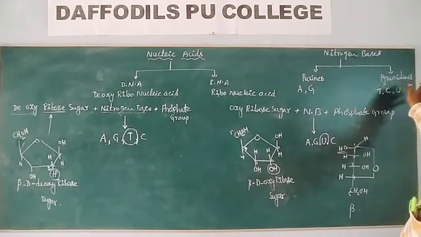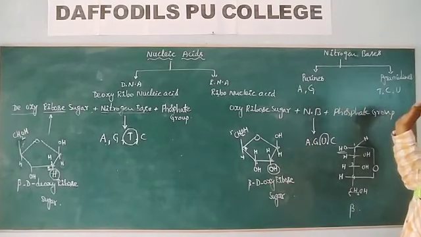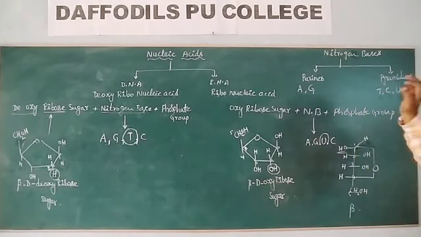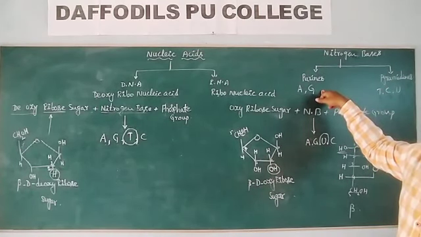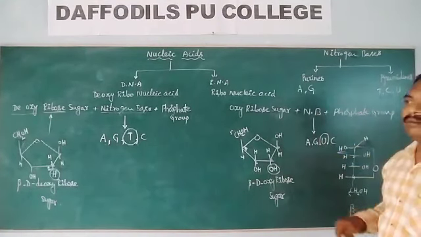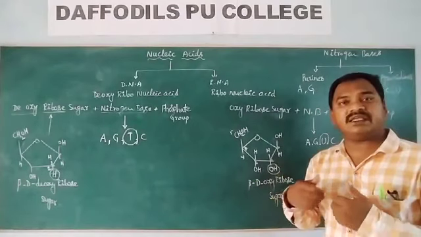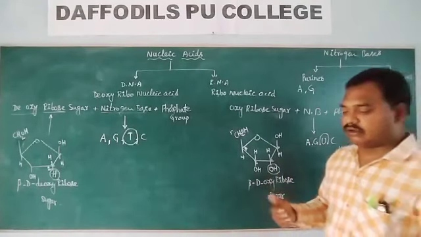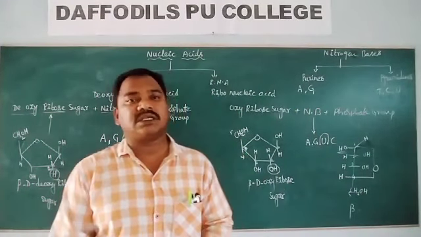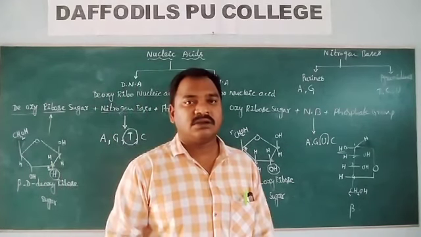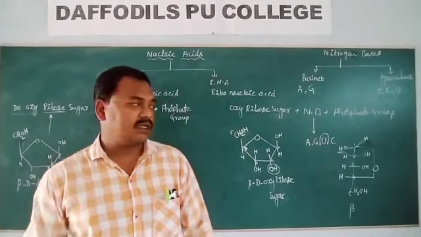These two structures, purines and pyrimidines, are the nitrogen bases because both contain nitrogen with a pair of electrons. When a pair of electrons is present on nitrogen, those electron pairs can easily be donated to other substances. The thing which donates an electron pair is known as a base.